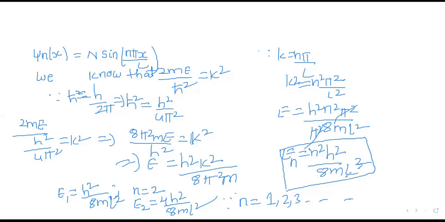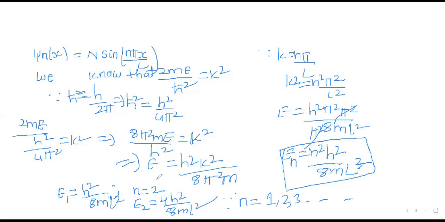So now this is the value what we got for the allowed energy values. If we replace n with 1, you will get a particular value. These are allowed energy values which are there in the potential box. The particle will have different energy values in different energy states: n is equal to 1, n is equal to 2, n is equal to 3. So for n is equal to 1, E1 is known as the zero point energy. For n is equal to 2, it is the first excited state energy, and so on.